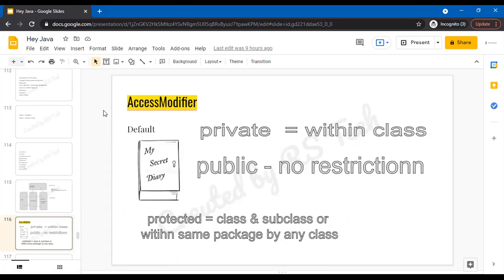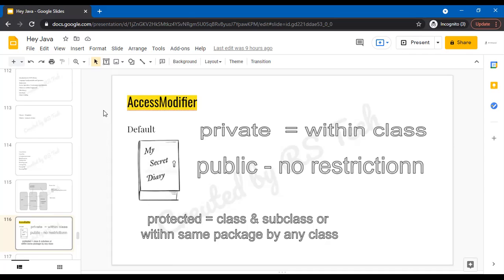So I give an example of public, private, and protected. Since it is very important, once again I'll tell this. We have 3 access modifiers in Java: public, private, and protected. It is very, very simple to remember. If you remember your house, your father is there, he has a diary.